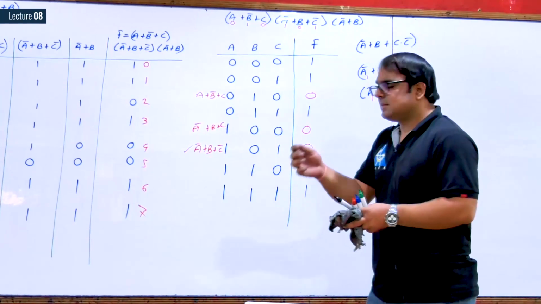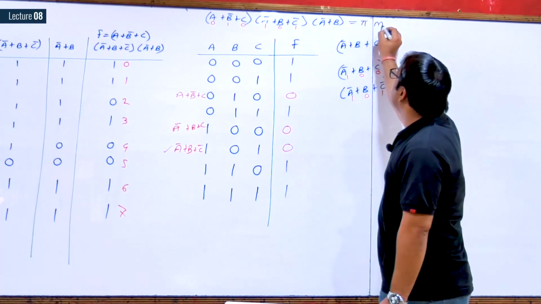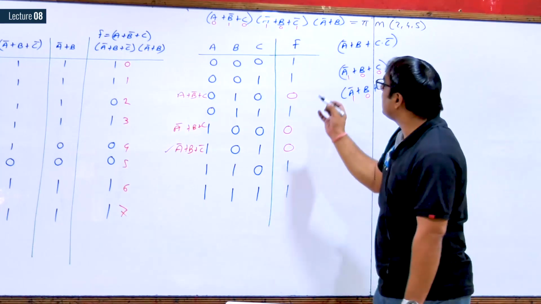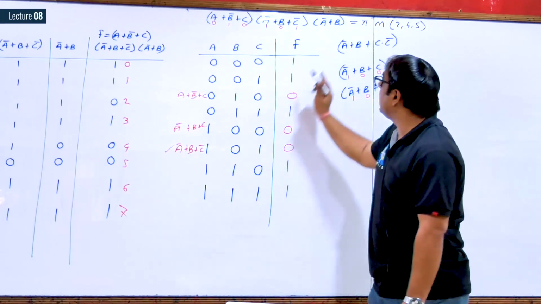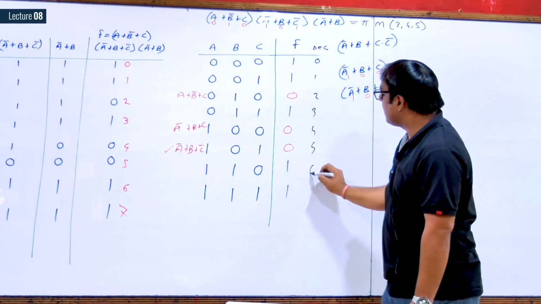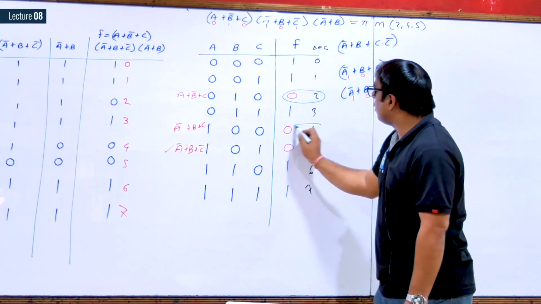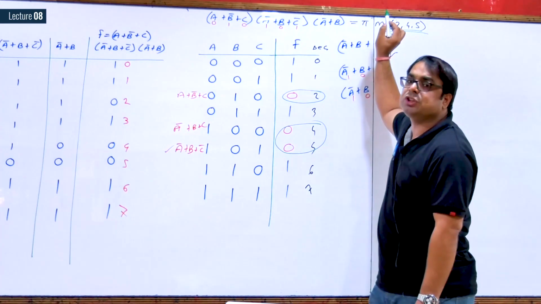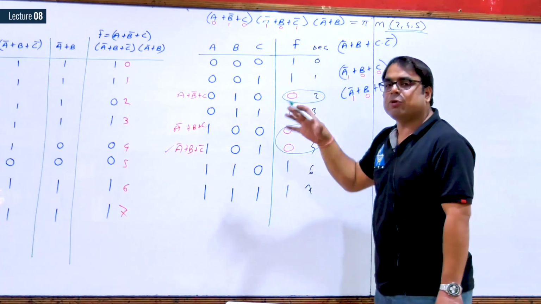Just one thing I want to add here. This function, the conclusion we had was product of max terms 2, 4 and 5. The max terms numbers were 2, 4 and 5. So obviously, if I write the combination ABC in decimal, this will be 0, 1, 2, 3, 4, 5, 6 and 7. So as expected, combination 2 is logic low, combinations 4 and 5 are logic low. So max terms are the combinations at which output function is at logic low. This concept you were knowing, but still I wanted to point it out.